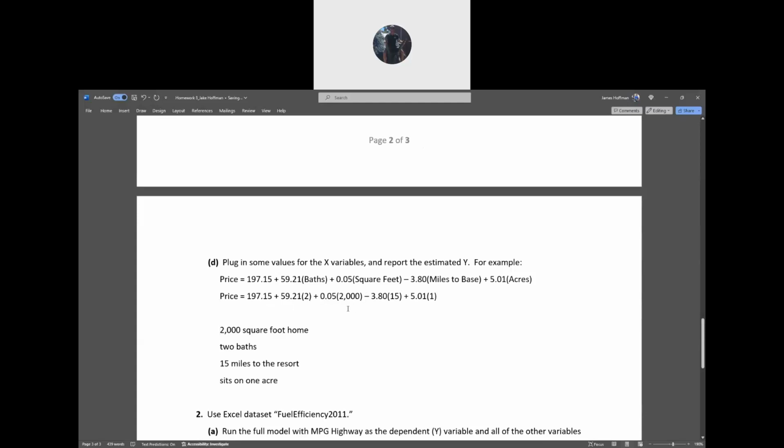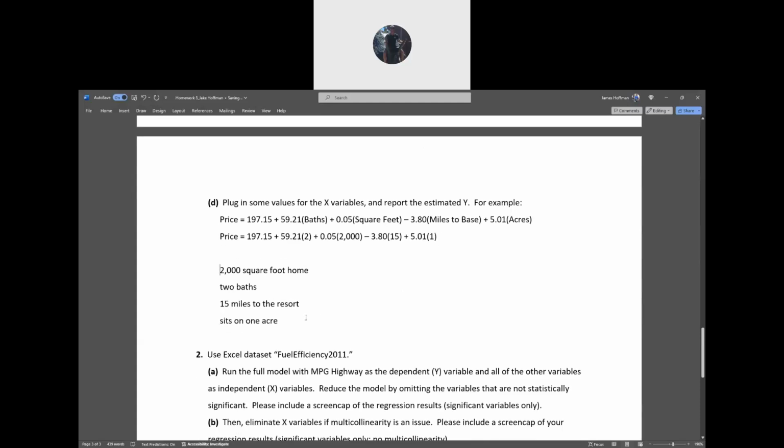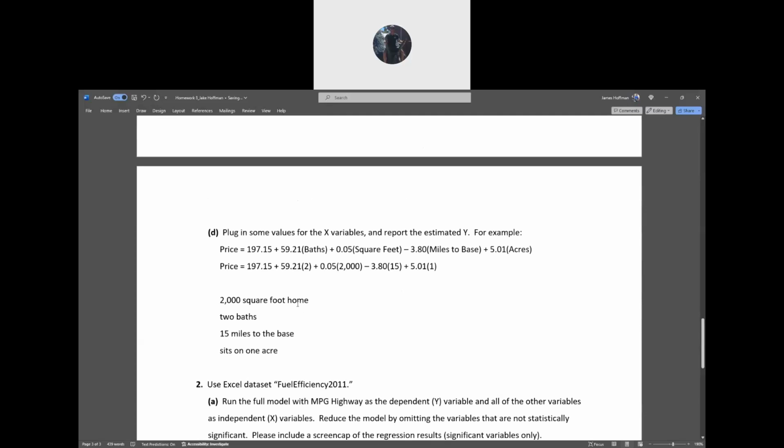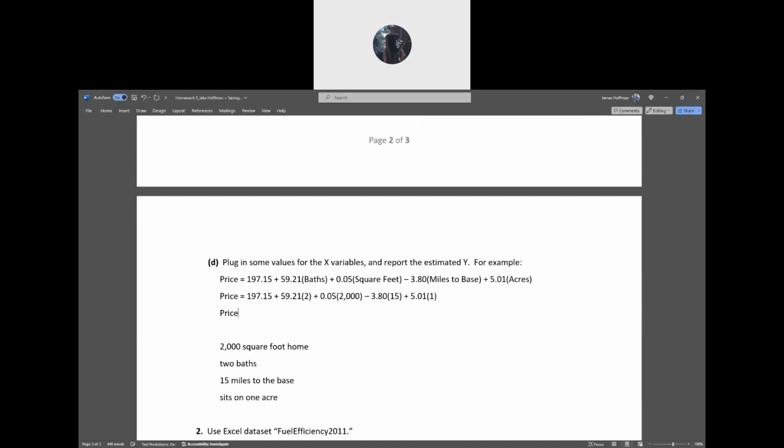Good question. Yeah. But that's at miles. On the master spreadsheet, there is a miles to base. Oh, yeah. I guess I should say miles to base, right? Miles to base. Okay. So 197 plus 59.21 times 2 baths plus 0.05 times 2,000 square feet minus 3.80 times 15 miles away plus 5.01 times 1. So that should give us the estimated price of the house for these things, which is,